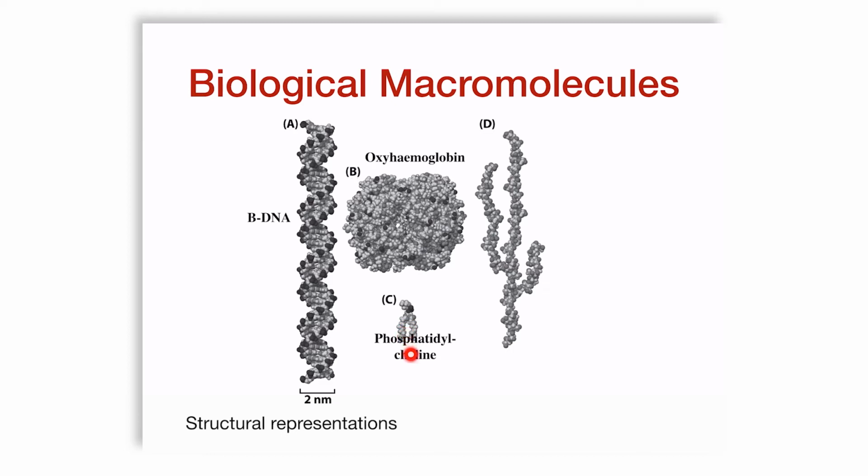C is a lipid, phosphatidylcholine. And D is one of those macromolecules whose biochemistry is even less understood than lipids, namely polysaccharide. This is an M41 capsular branched polysaccharide from Escherichia coli, the bacteria. These structural representations are important because they tell us the atomic positions. But our goal in this idea of quantification using rough approximations is that we use the approximate size scale to get an idea of how things relate to each other, to then develop an intuition.